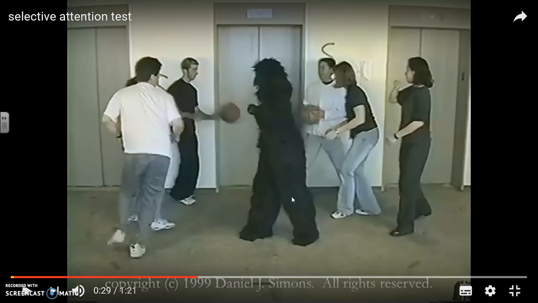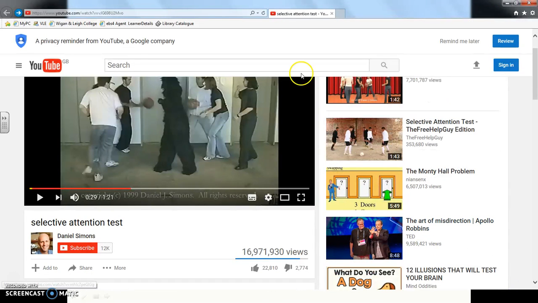And this study therefore shows how our attention in a visual scene gets drawn to the particular thing that we're focusing on. In the transparent condition, less people didn't spot the unexpected event, so more people spotted the gorilla when these people are transparent, because perhaps our eyes aren't focusing as strongly as in the opaque condition. So let's have a look at the study.